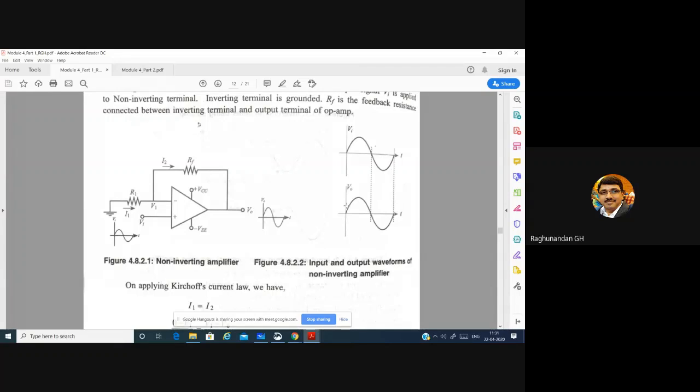Okay, fine. Now you tell me this one. If I give positive feedback, till now I have told you what happens in positive feedback and what happens in negative feedback. But still, if you give positive feedback and you give a sine wave, I am telling you the output will be a square wave. Why is that?